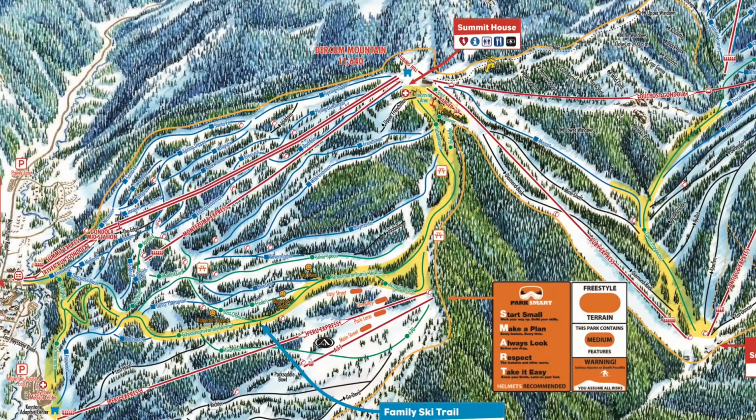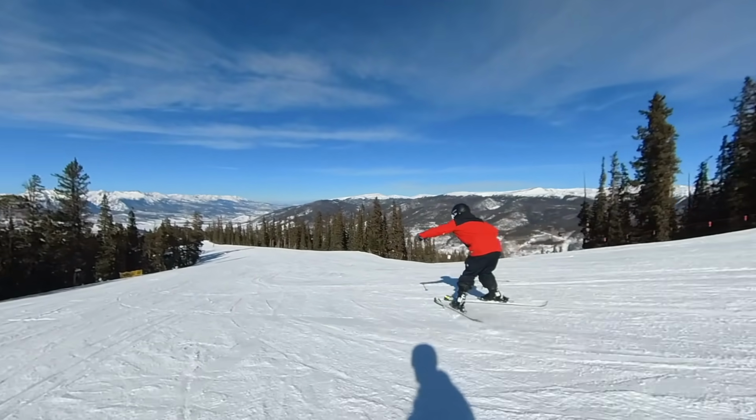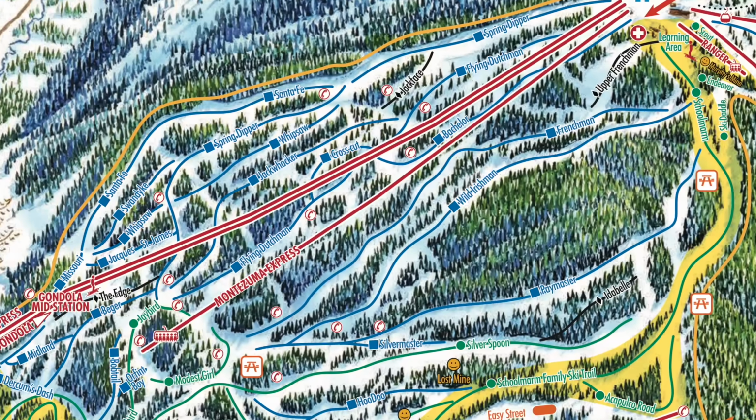Now, Keystone has 128 runs, which is a ton, but only 16% of those runs are green runs. Now, 16% might sound like a decent amount, but at the same time, it's not. We gotta look at the map and really see what's going on to know how few green runs you're getting. If you look at the front side of Keystone, you're gonna see a sea of blue runs. So many blue runs. The whole front side of Keystone is all blue runs, except for one main green run,